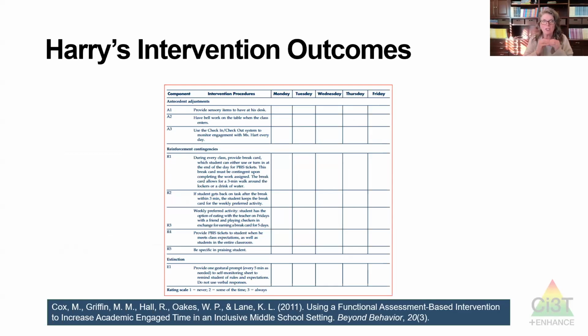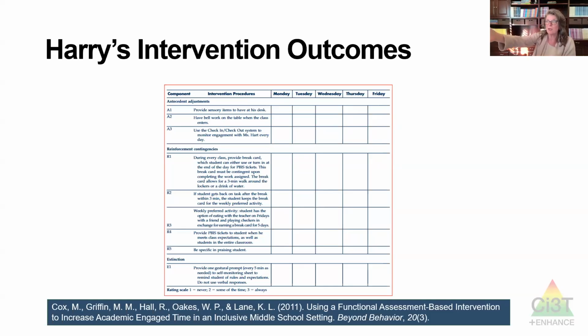And if you were to go to due process and you could show them, I did this intervention and I tested it. We collected baseline. I put the whole thing in place. I took it away and I put it back in again. And this is what did work or did not work. That is legally defensible.